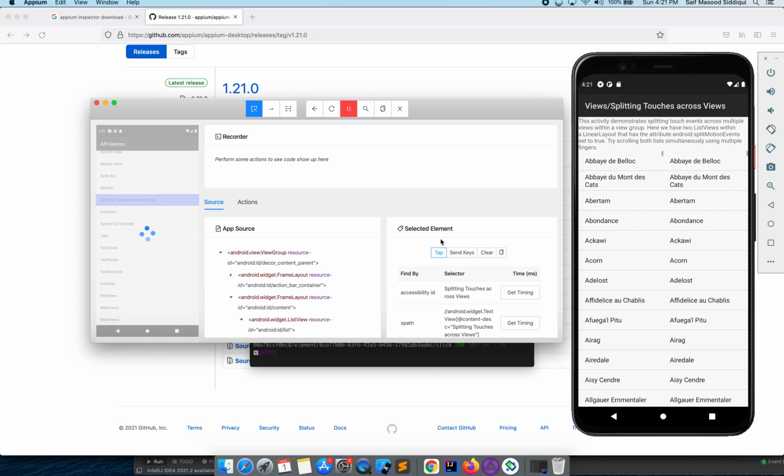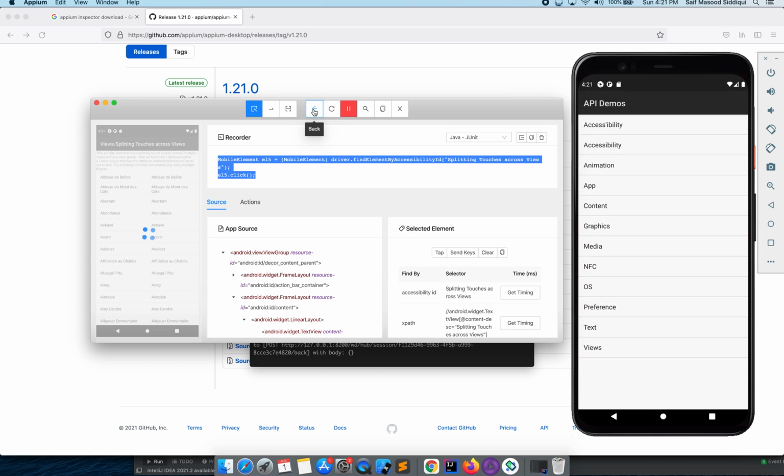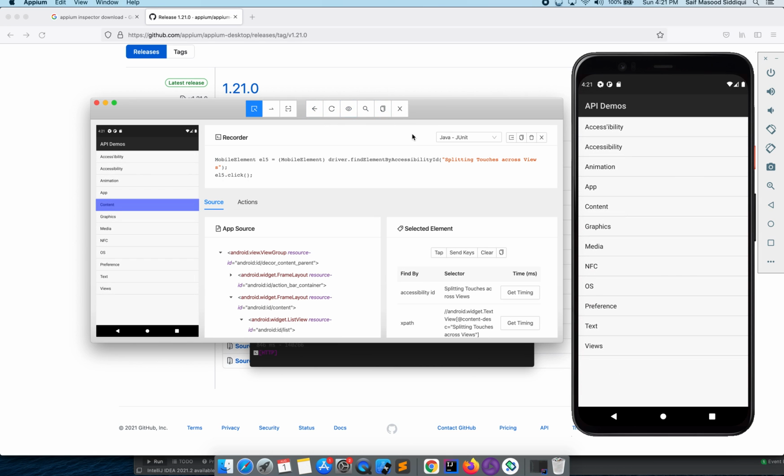So it will keep on recording everything. Now if I pause recording, you will see some code is generated. So you can utilize this code in your automation script if you want. Then I will just pause this recording.